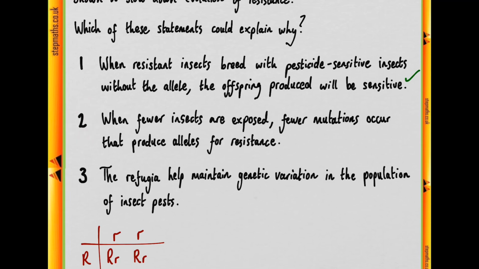Move on to statement 2. When fewer insects are exposed to the pesticide, fewer mutations occur that produce alleles for resistance. Now, although it may well be that it's mutations that originally caused the alleles for resistance, the mutations themselves are not caused by the pesticide. So there's no reason for us to believe that not exposing the insects to the pesticide will decrease the incidence